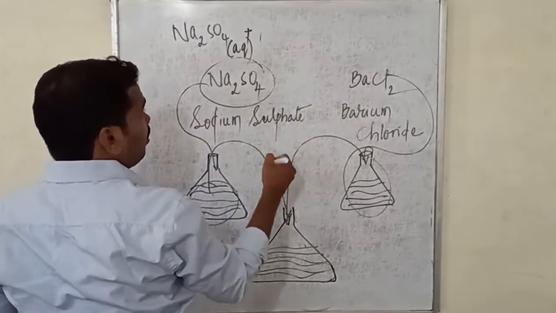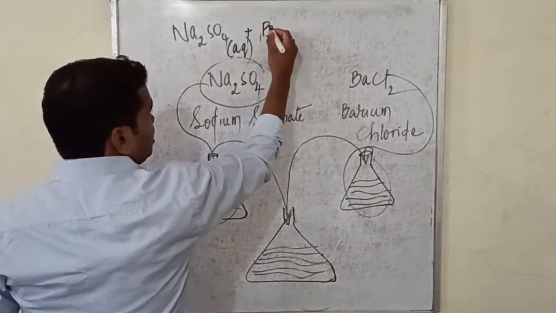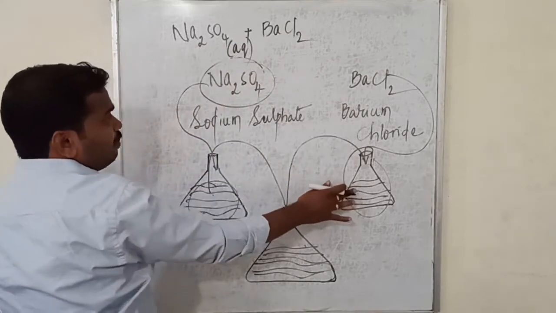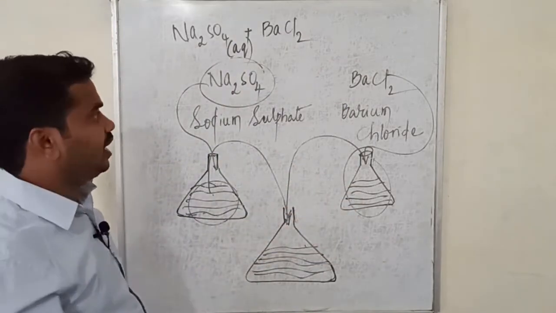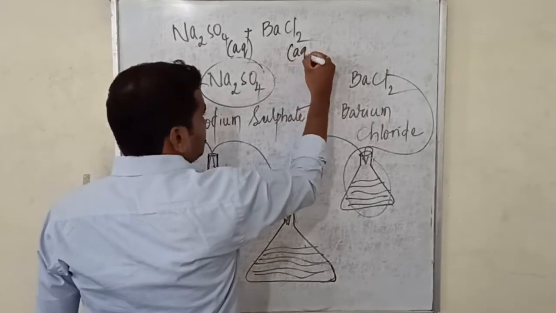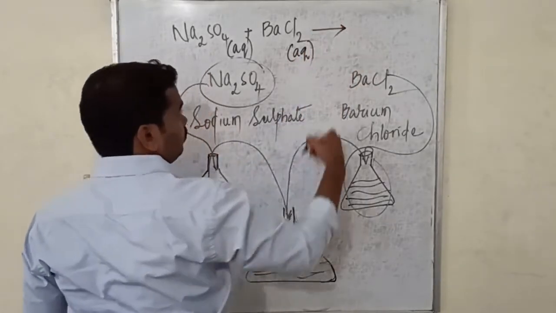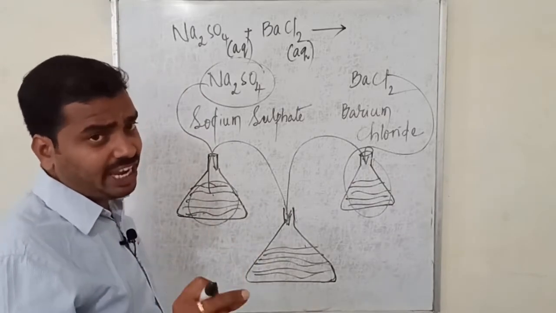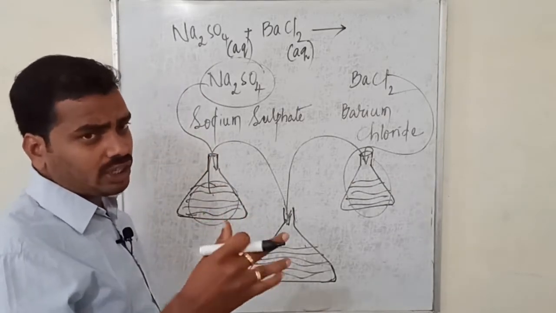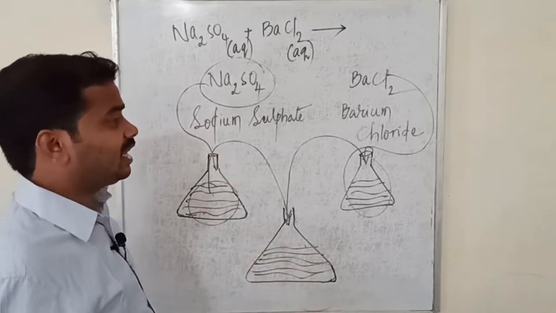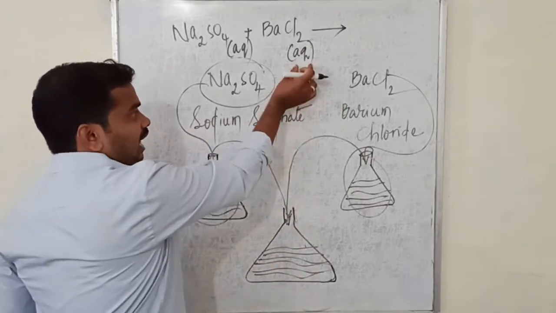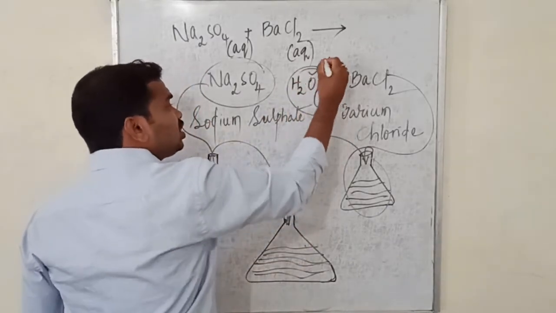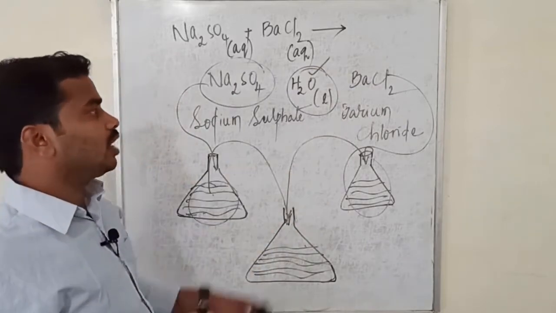Now, along with this, you are taking barium chloride solution. It is also same case. Like sodium sulfate, you are also getting this barium chloride into the aqueous state. That is the reason I am mentioning aqueous over here. Same way, whereas in the previous reaction, calcium oxide, the quicklime which we have taken, it's a solid dissolved in the water. Water you have to mention in a liquid state. That is why you will write L at the suffix. Like this, in the case of water, you will write L because the base nature of the water itself is liquid. That is why you will write L.